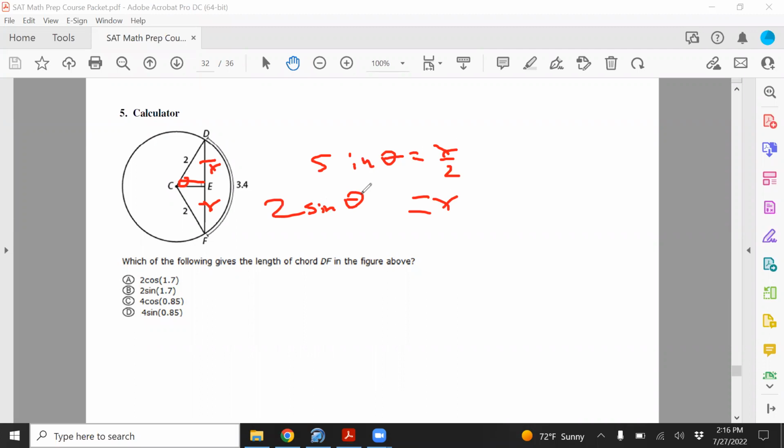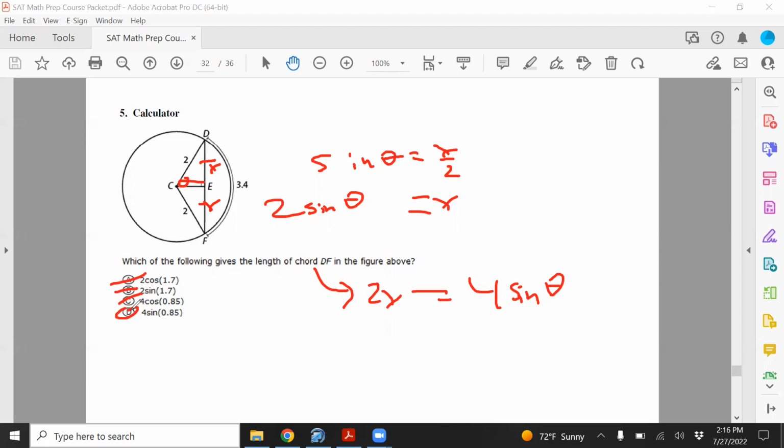I don't know if I need to do that, no, I do need to do that, because they're asking for the length of the chord, right? And also, we need to know what theta is, right? So the length of the chord is 2x, which now is going to be 4 sine theta. So I'm pretty sure, if I had to guess, I'd say D,